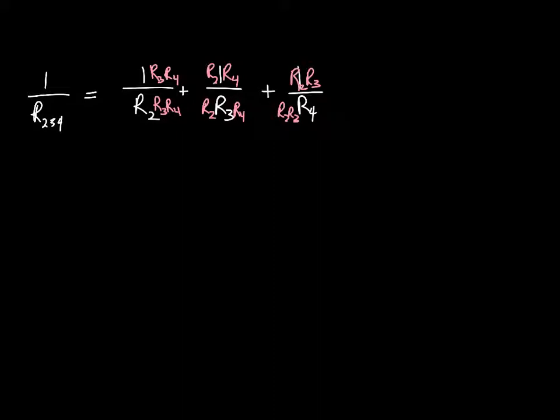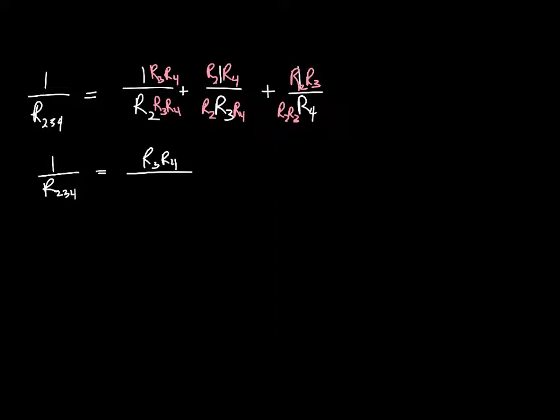All right? So 1 over R2,3,4 would be R3, R4 over R2,